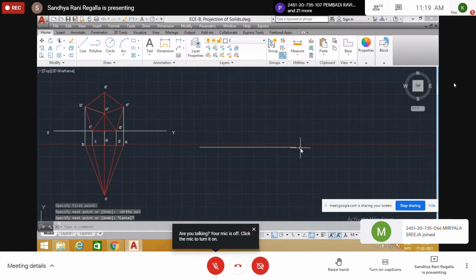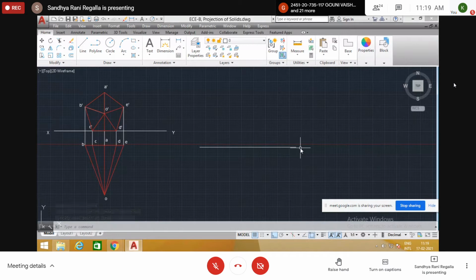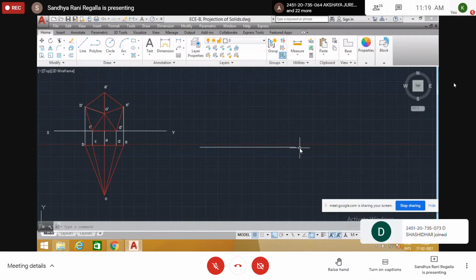So here it's a cylinder. Cylinder means we have one circle at the bottom, one circle at the top, circular surface at bottom and top, and it is resting in HP on its base. Base means base is a circular surface. So when the cylinder is resting in HP with its base, it is in standing position exactly.